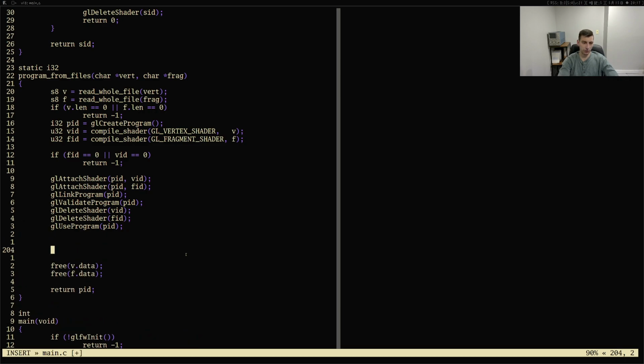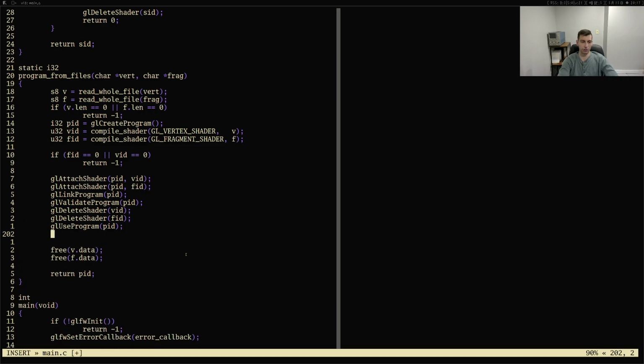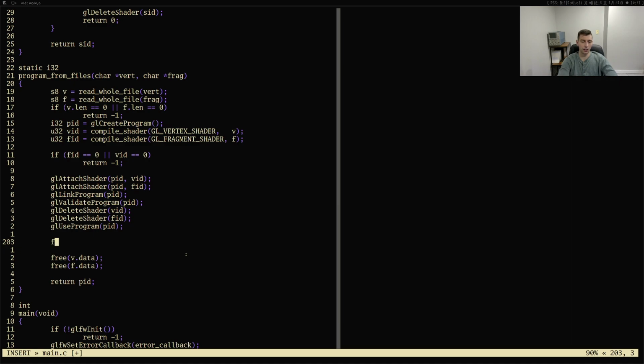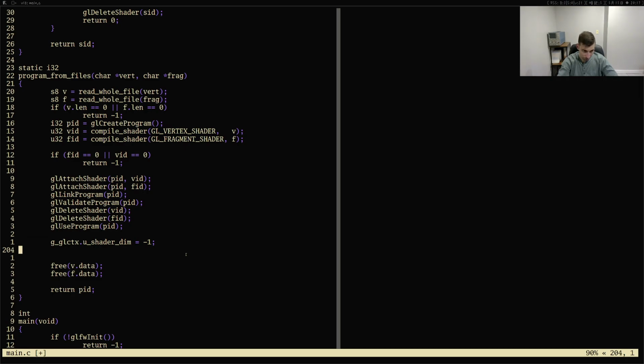So after we load the shader, and we're using the program, we will do GL context dot u shader dim is equal to -1, and then we need to call some function called